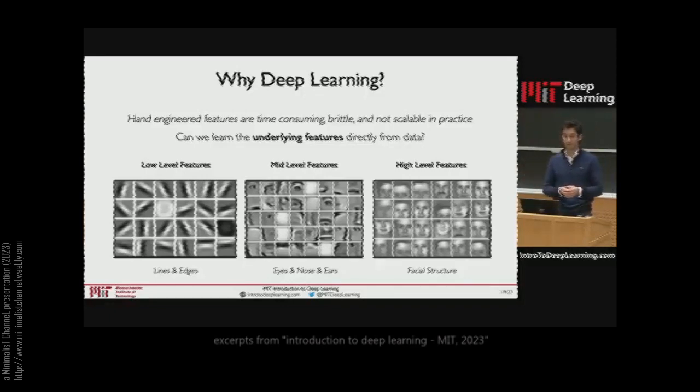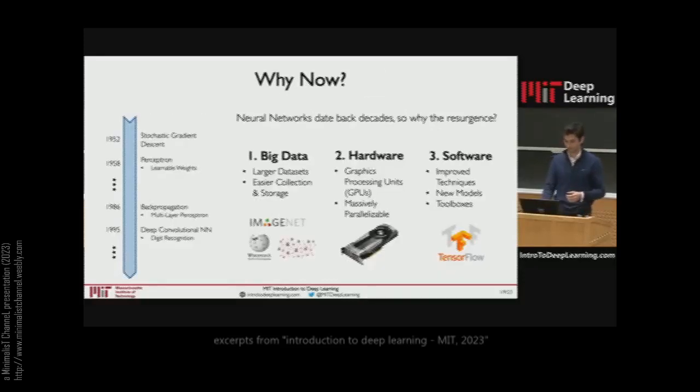For example, if we wanted to detect faces in an image, a deep neural network algorithm might learn that in order to detect a face, it first has to detect things like lines and edges in the image. When you combine those lines and edges, you can create compositions of features like corners and curves, which when combined create more high-level features, for example, eyes, noses, and ears. Those are the features that allow you to ultimately detect what you care about, which is the face. All of this comes from what is called hierarchical learning of features. You can see some examples of these: real features learned by a neural network, and how they're combined defines this progression of information.